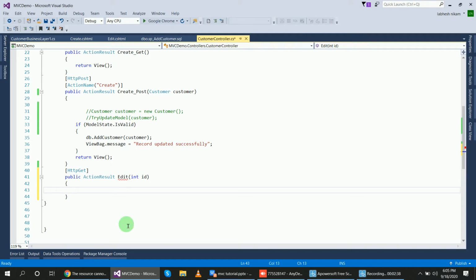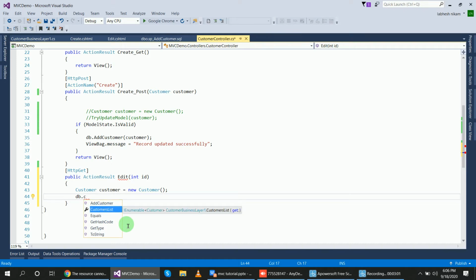First we will create the object. I will find the record of the particular ID.